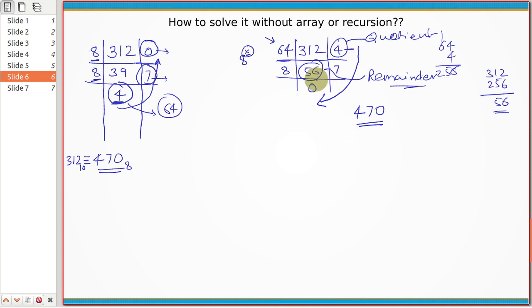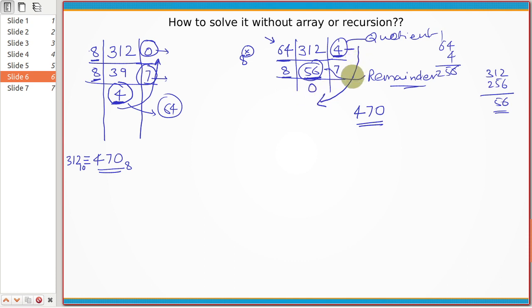right? So now what does this 56 represent? After creating the biggest boxes out of 312, what would be the number of stars left? I will be able to create 4 biggest boxes and the stars left would be 56. Now out of this I cannot create a box of 64, right? So I will be left with 8s. So out of this 56, how many boxes of 8 each can I create? That would be 7 and the remainder left would be 0, right?